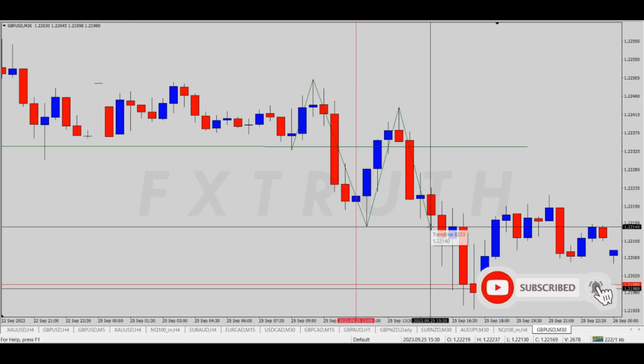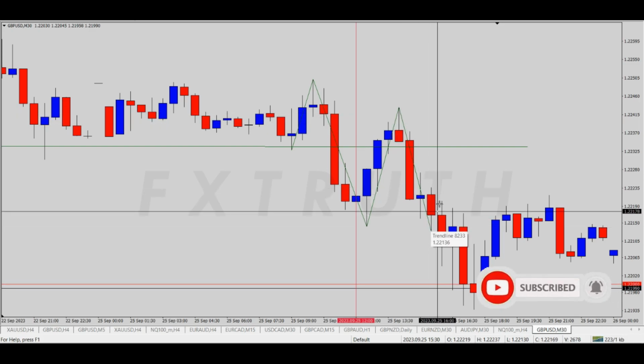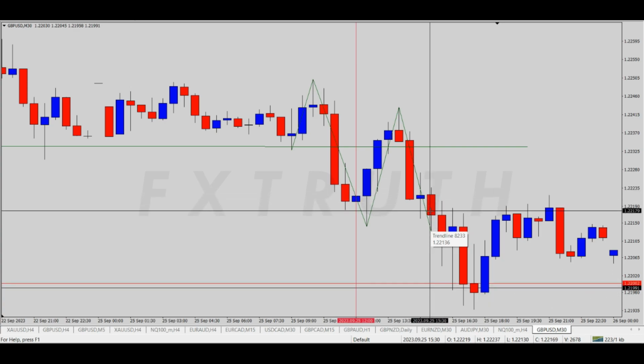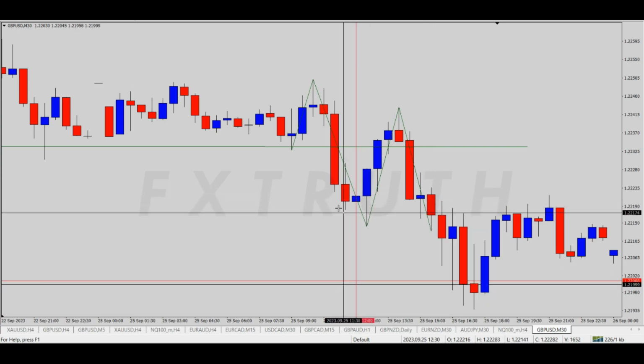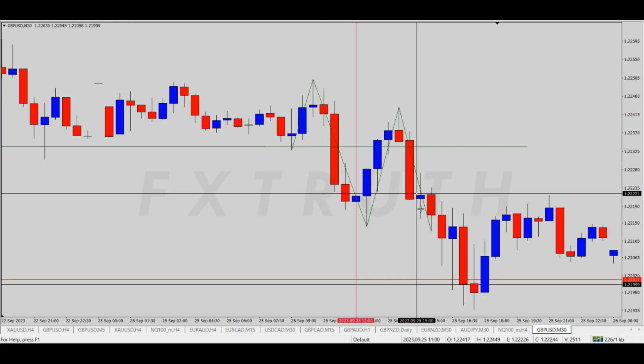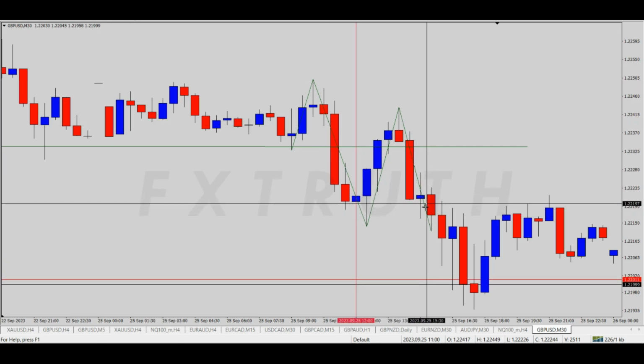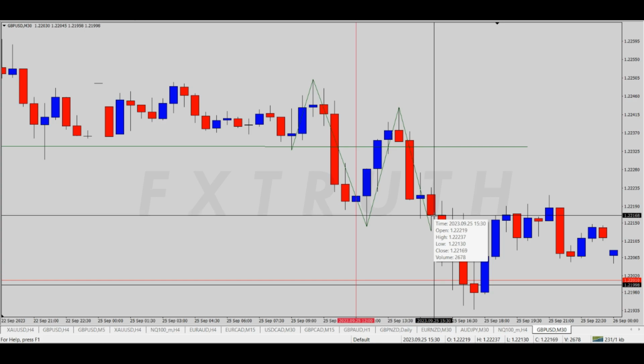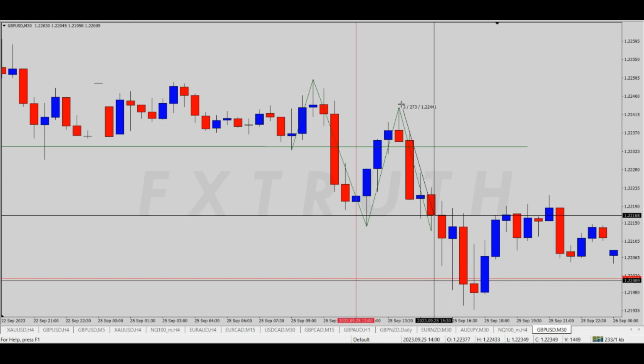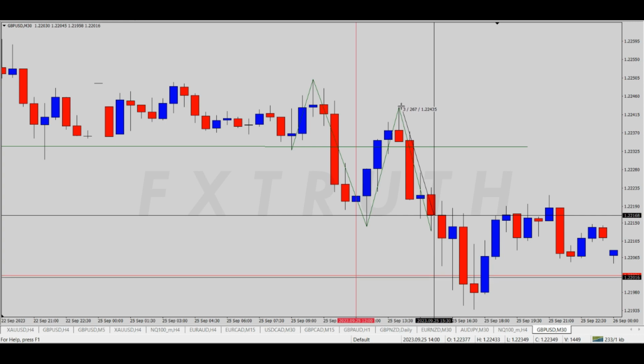But for the sake of those of you starting this out, start looking out to enter once price has cleared out the low and has formed the pattern completely. So this will be your entry right here. So what you can do is you can enter on this particular candle right here. Either put your stops here above this high right here, or you can put your stops above the body